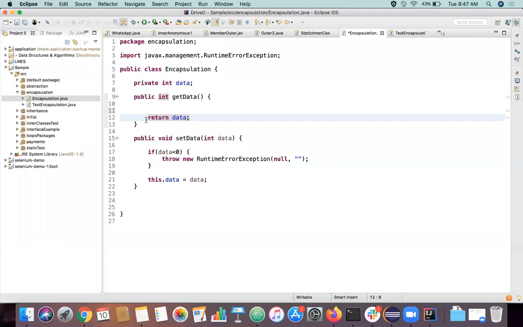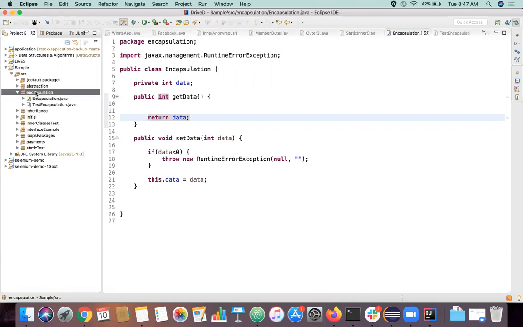So we can have finer-grained control over who should access the data, who should not, who can set the data, and what logic there is to set the data, right? We can have those controls. Because of that we are using this concept of encapsulation, right? This is how encapsulation is achieved in Java.